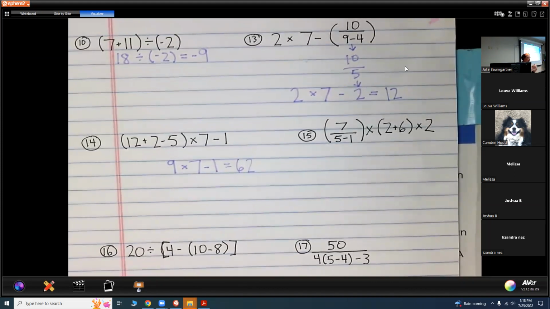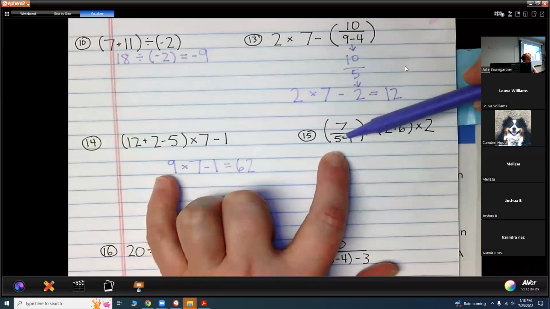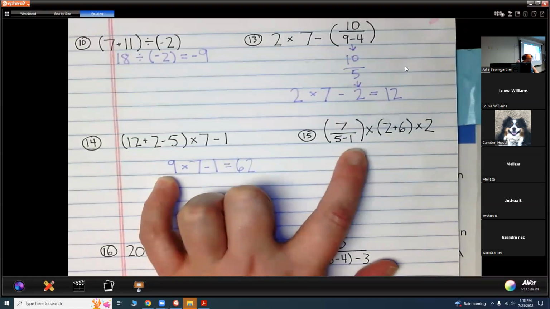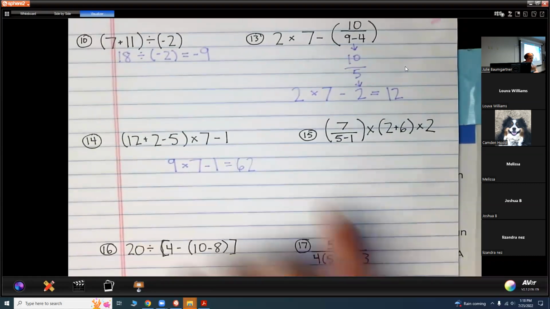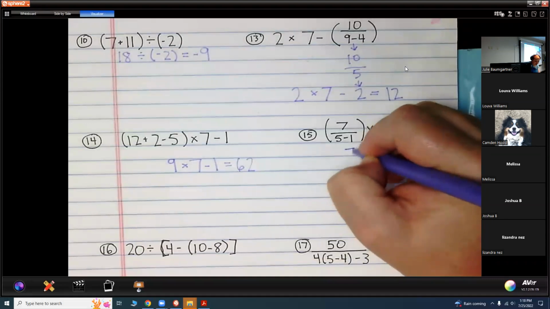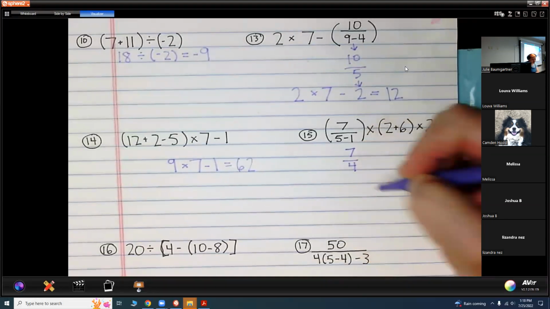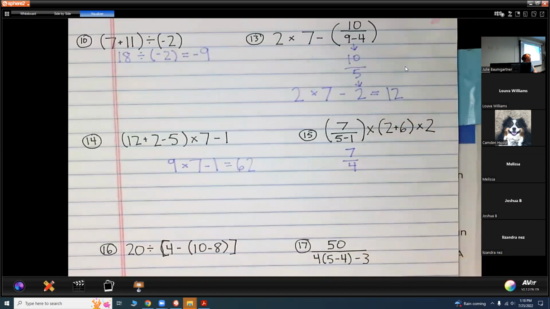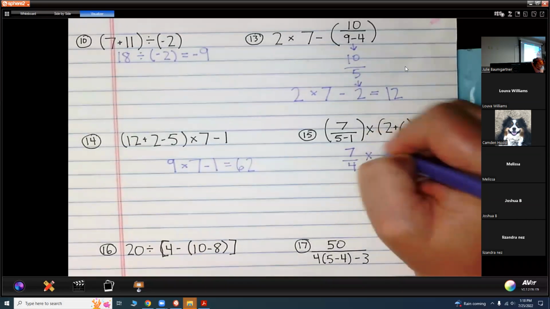Okay. So number 15, right? We have 2 sets of parentheses to deal with. Now, hopefully everyone noticed here, 5 minus 1 is 4, right? So we really just have 7/4. You know, 7 doesn't evenly divide into 4. So I guess we can just leave that fraction like that for now, and then let's see what else we've got. So then times 8